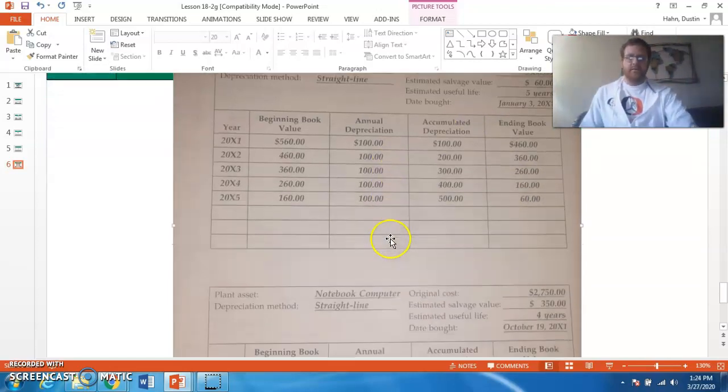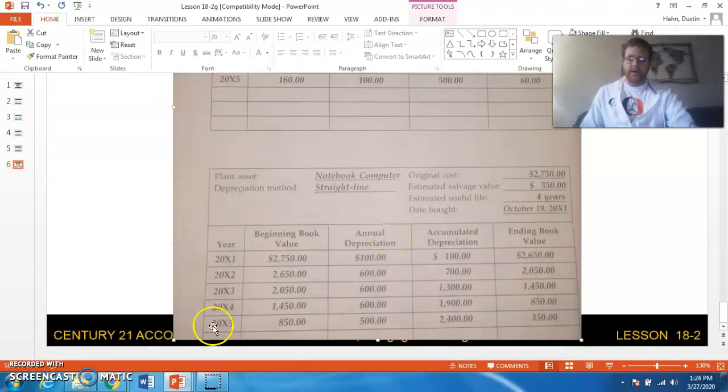On the second part, I'm running out of time right now, so I'm going to start a new video to show you guys this one. Okay, but we're doing the same one, but look when you bought this one. You bought it in the middle of a year, and it's only good for 4 years. So now we have to go and calculate how much depreciation for November, December. But then that year that we get rid of it, which is in this last year, we have to look